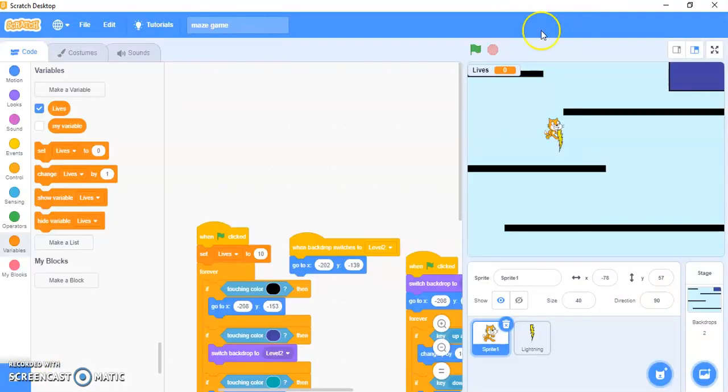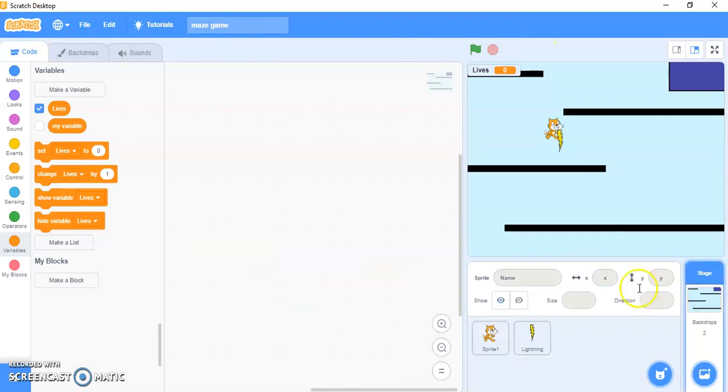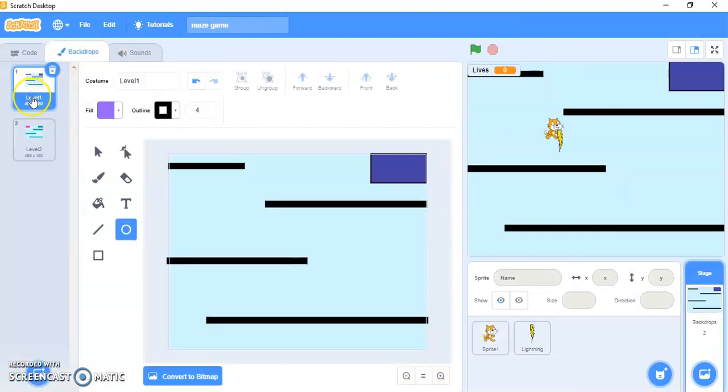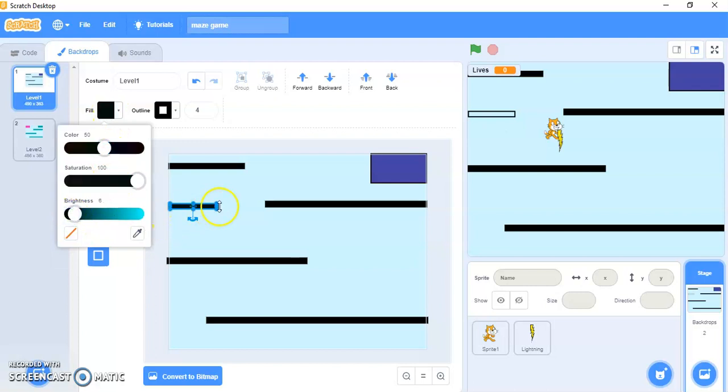First of all, I want to tell you how I change the backdrop. So just click on the stage and go to backdrops here, and this one I have changed. Suppose there was a line over here as I created. If you want to delete it, you simply click on the select tool, select this line and press the delete key on your keyboard. So this way you can delete the lines, and then you can take the rectangle tool and draw these small thin rectangles over here, right? And then you can fill the color, whatever color you want, like this. Okay, so this is how I changed this level.